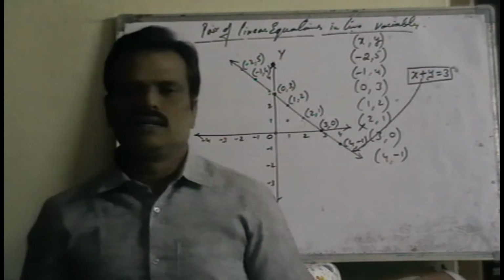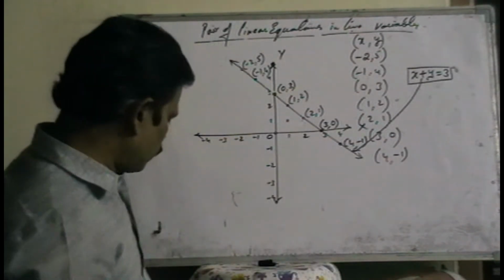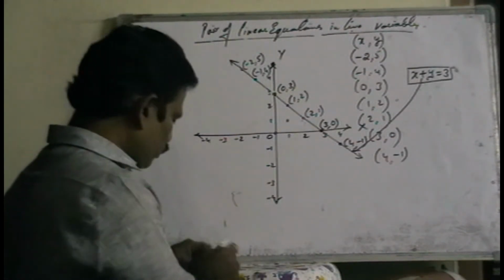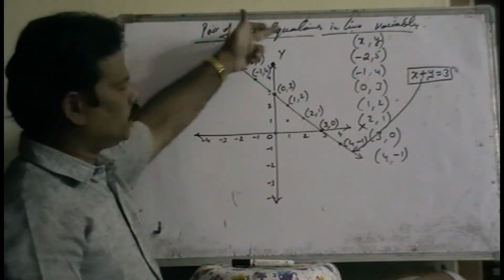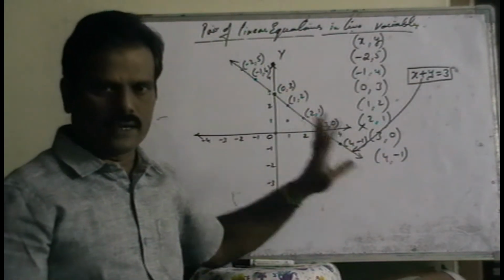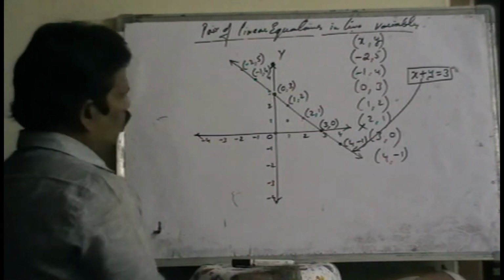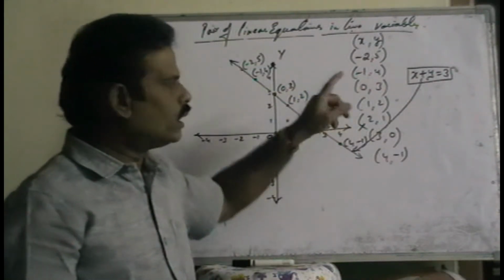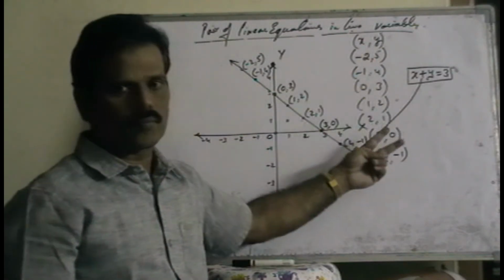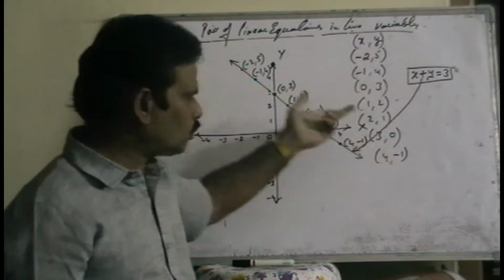So here, linear equation means only a simple thing. It is nothing but a first degree equation, and we can also say that a linear equation is nothing but a straight line equation. Any line we can draw depends on the relation between the two coordinates, one common condition, and that is called a linear equation.